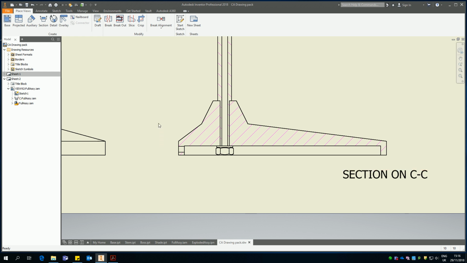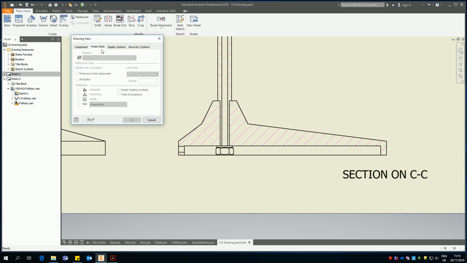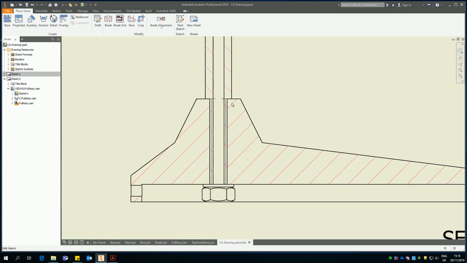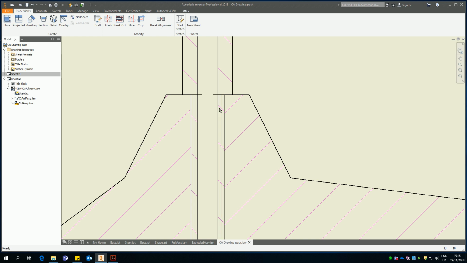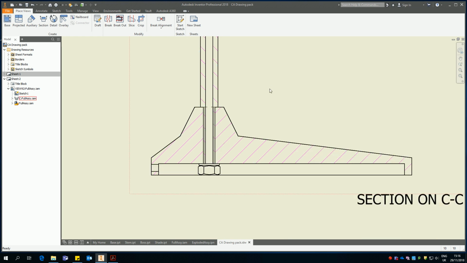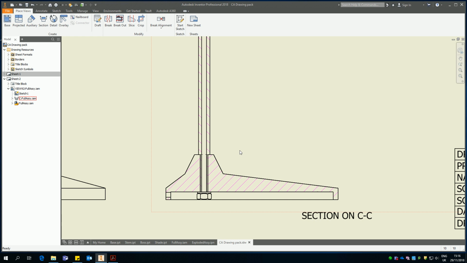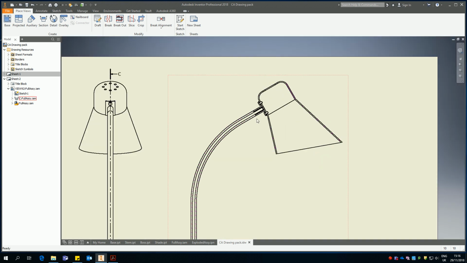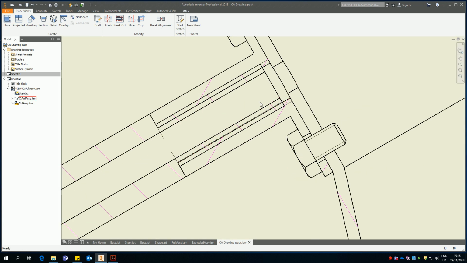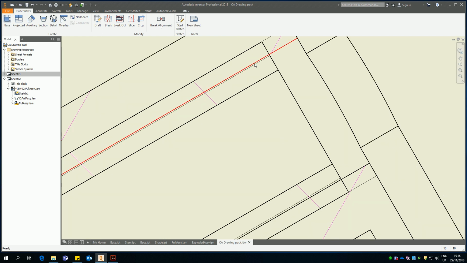threaded parts. Now you'll see when it actually comes in, I need to double click this, go into display option to turn on the threaded features, and when that comes in, you can see the threaded lines of the parts. So you can see the internal thread and the base of it. Leave these on. It will take some adjustment and getting everything right. Same with this at the top. You can see as well the